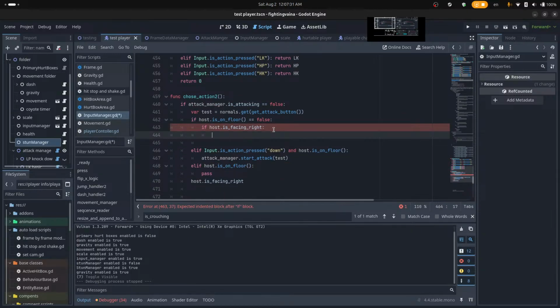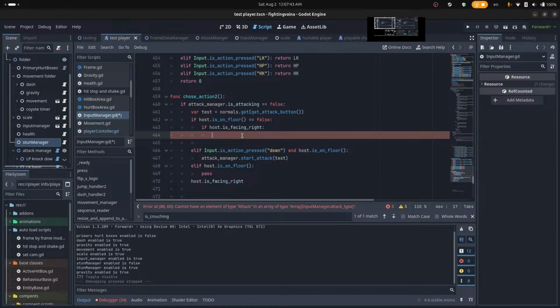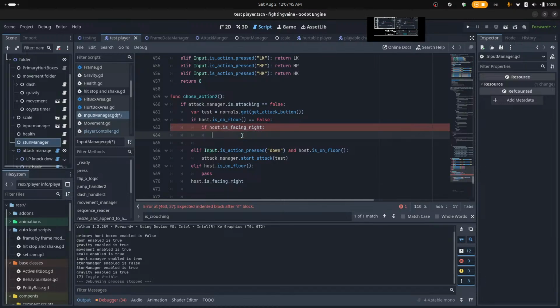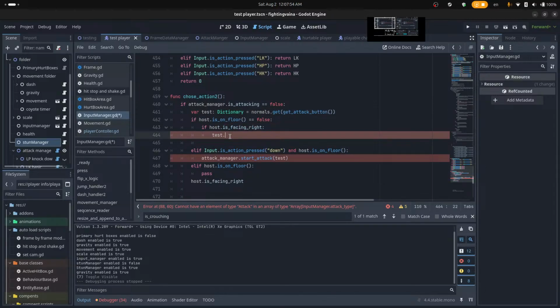If is facing right, colon, this one is test dot, not test, well, this will be a dictionary, so just put that in. Test dot get colon,